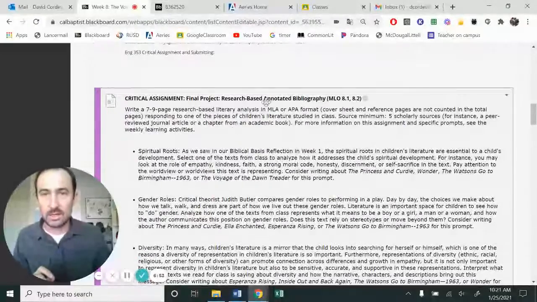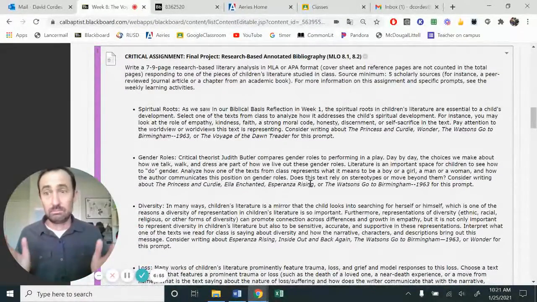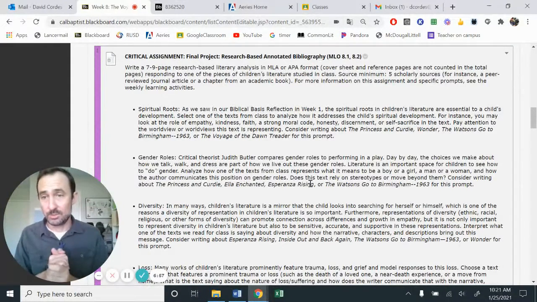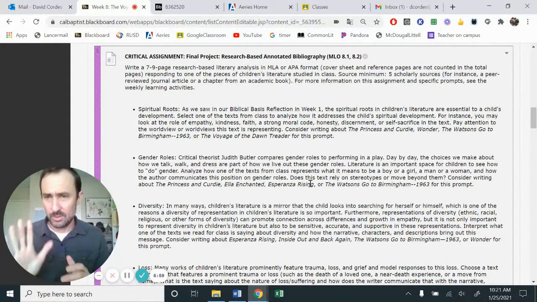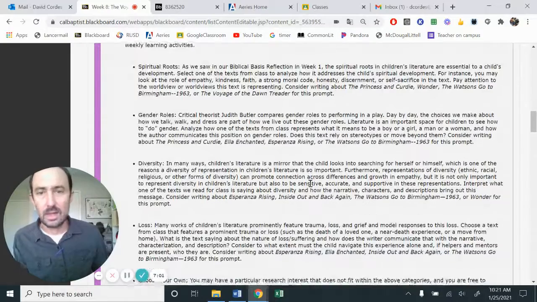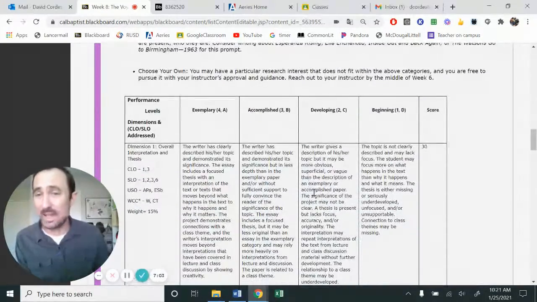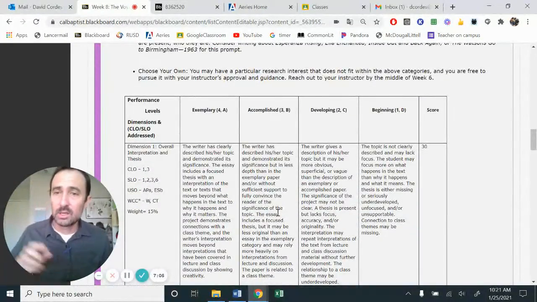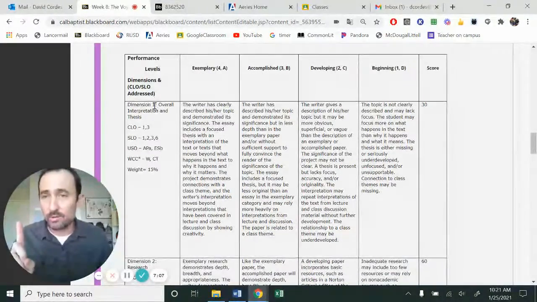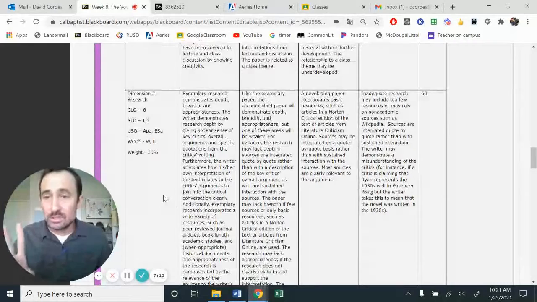This right here is the instructions that you have seen multiple times since week 5 and week 6. At this point, I just have to grade according to the rubric. So do you have overall interpretations? Do you have a quality thesis? Is your research